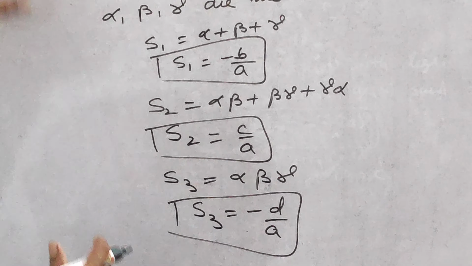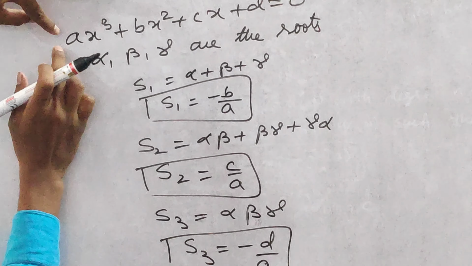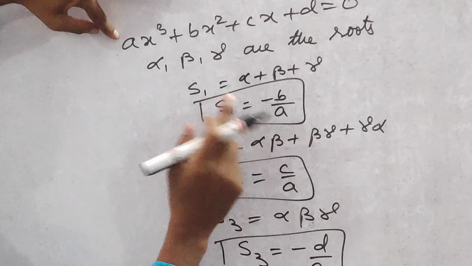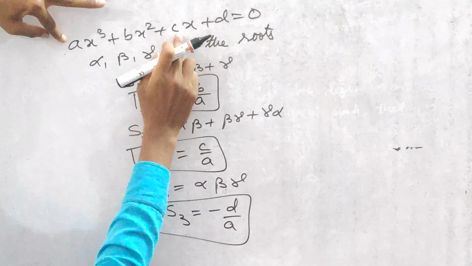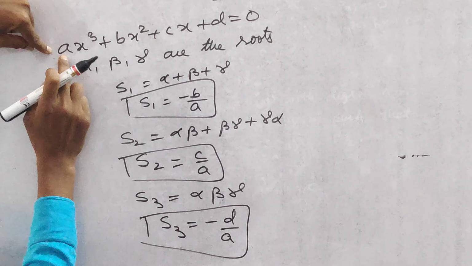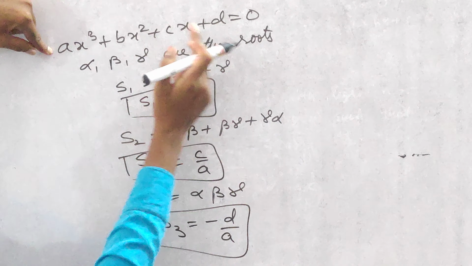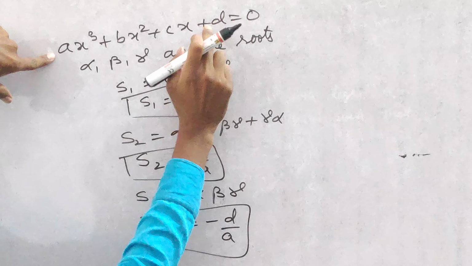To take the conditions: S1 is minus x square coefficient by x cube coefficient, minus b by a. The signs alternate, so after minus you get plus: S2 is the x coefficient by the x cube coefficient, c by a. Next, S3, after minus, plus, minus again, is the constant by